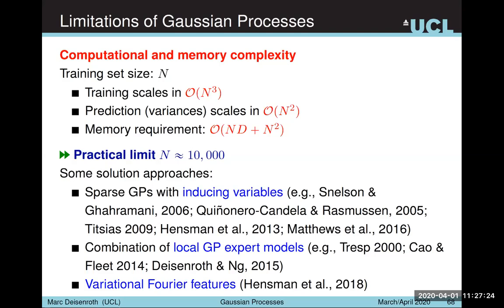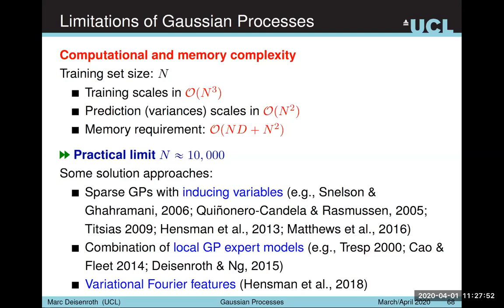They use modern compute hardware, so GPU clusters and incomplete Cholesky decompositions, to scale full Gaussian processes to relatively large data sets, I think like 1 million data points. By using incomplete Cholesky decompositions, they make approximations to the inverse kernel matrix that somebody mentioned earlier, which